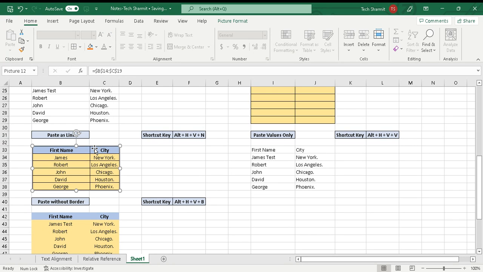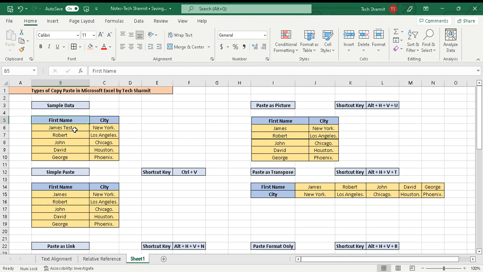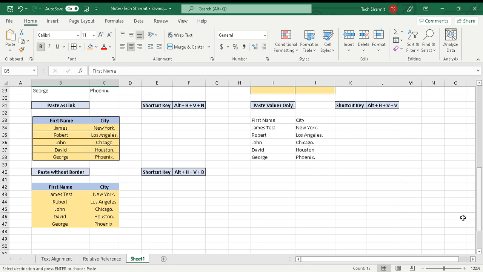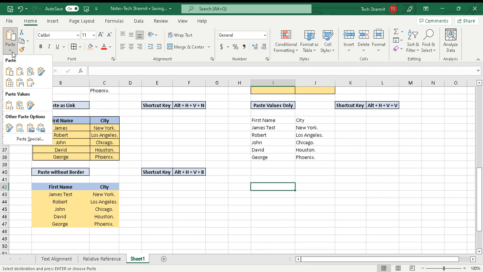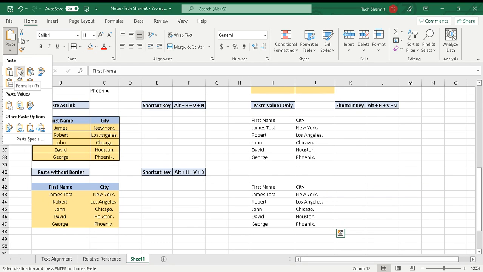If you want to paste the data as image and link, just copy the data. Now select the cell and press Alt H, and then here we can see the different types of options for pasting the data. If I hover on this, it will paste it like this, and here it will paste